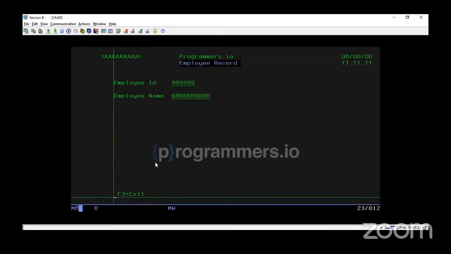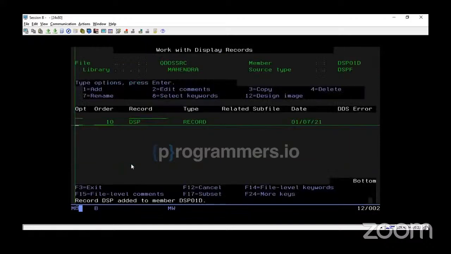F3 equal to exit function key. For changing color, we have a shortcut: C for color, and by overlapping the first character of the color we want. If I use B for blue, it will do the same. Initially, you can use asterisk. So here I used F3 equal to exit, but this is only a label. I didn't activate the function key, because to activate a function key we need to use some more keywords. You can come out here and use